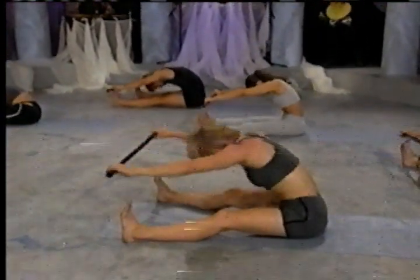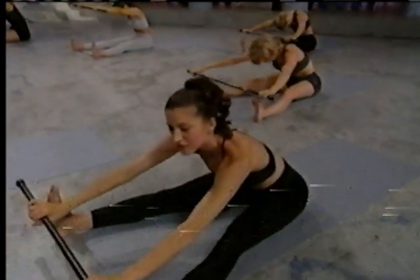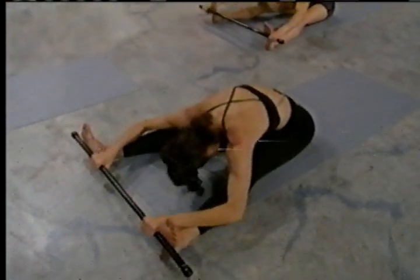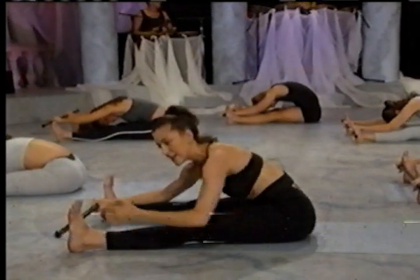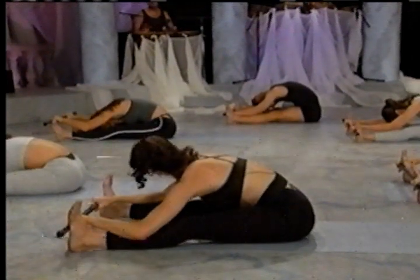Inhaling up. And one final time. Exhale, contract, reach. This time, definitely try to place the bar here in front of your feet. And lower the head. Stretching all the way through your legs, keeping the feet active for a full stretch. 3 breath cycles. Exhale,